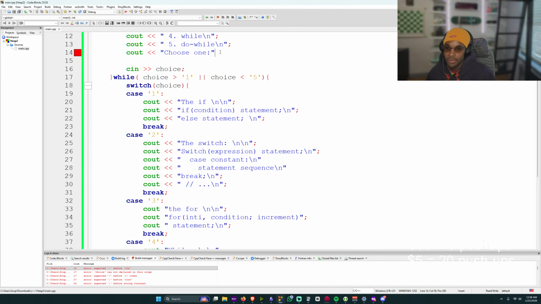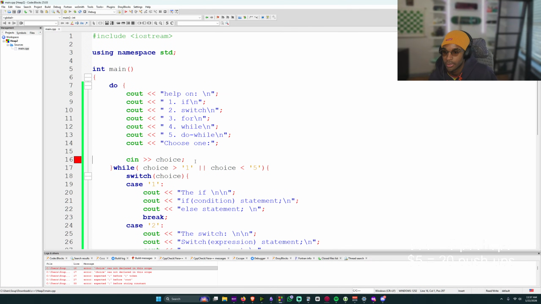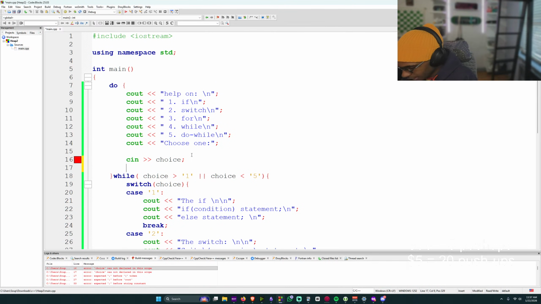Oops, forgot a semicolon. Choice was not declared in this scope. Is that not how do while loops work? How did I mess up this program? It's so simple.